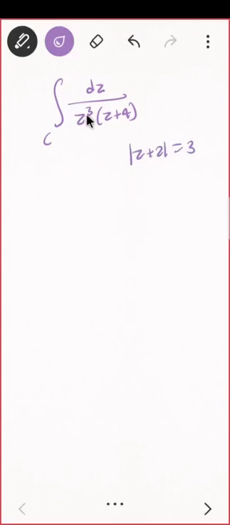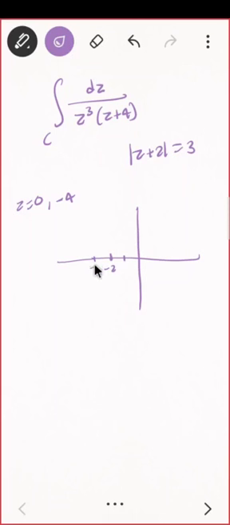Do you see what the singularities for this are? z equal to 0, correct. Let us see which of them lie inside the contour. So mod of z plus 2 equal to 3, how to draw this? Where is the center? Correct. So minus 2 comma 0, so here it is, and radius 3 will be